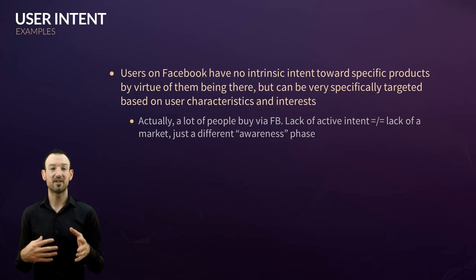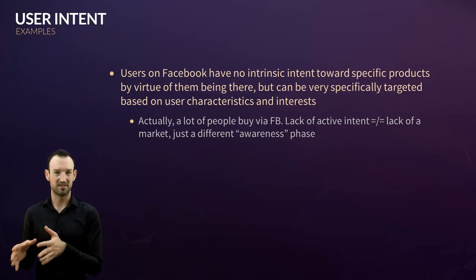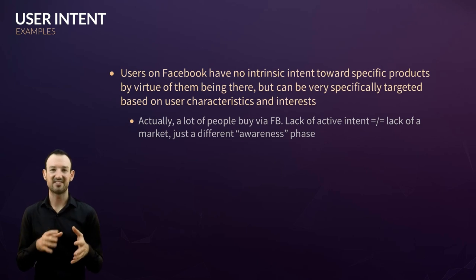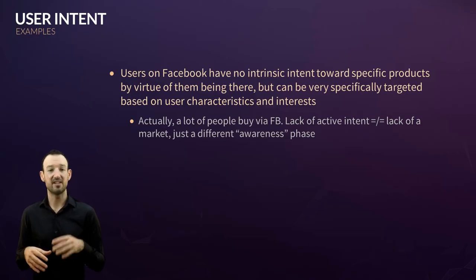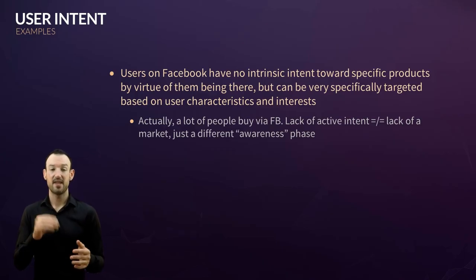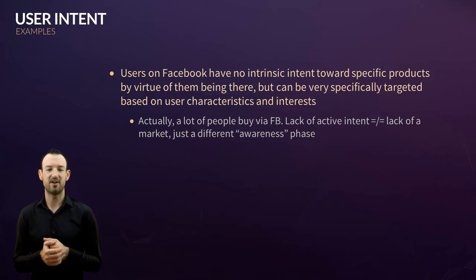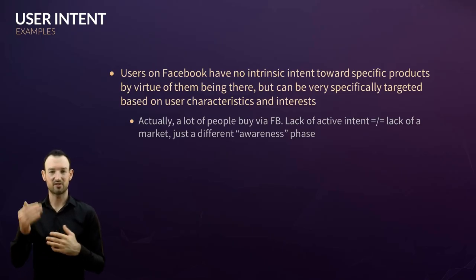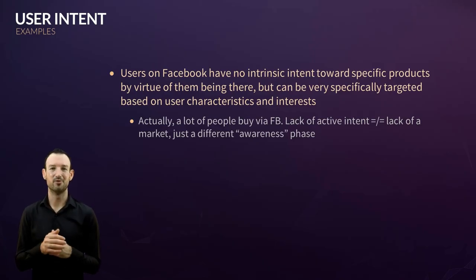You can link to products and services, and people actually will buy as a result of those ads. So there is some intent from users inherently to purchase things and to take these kinds of actions, sure. But most people are in a different awareness phase to search, for example. Because Facebook has so much data about people in terms of what they like and who they are, you can really advertise to very specific segments of the population and to people who are interested in very specific things. In that way, you can make up for the fact that they're not actively looking for products to buy. Some people might go on Facebook and scroll through their newsfeed to look for things to buy, but I don't think this is a typical use case.